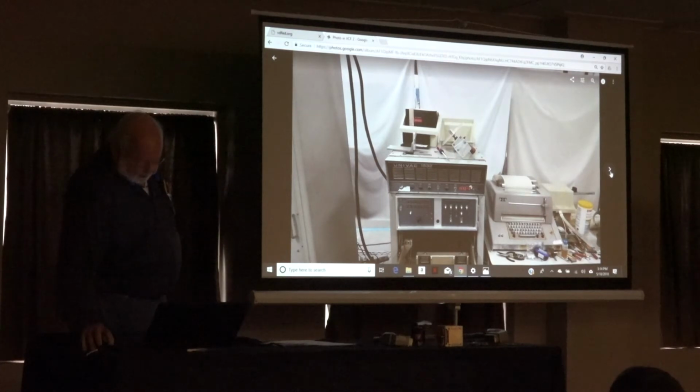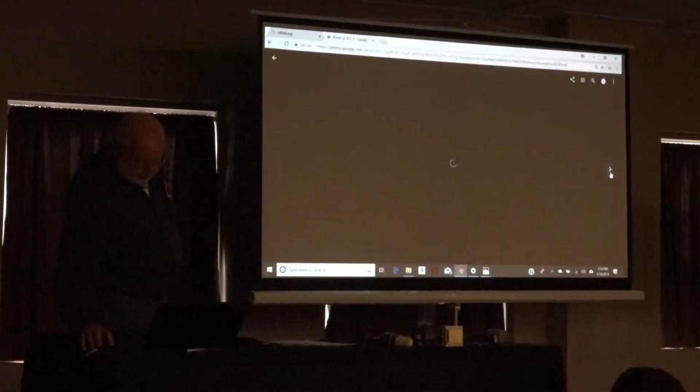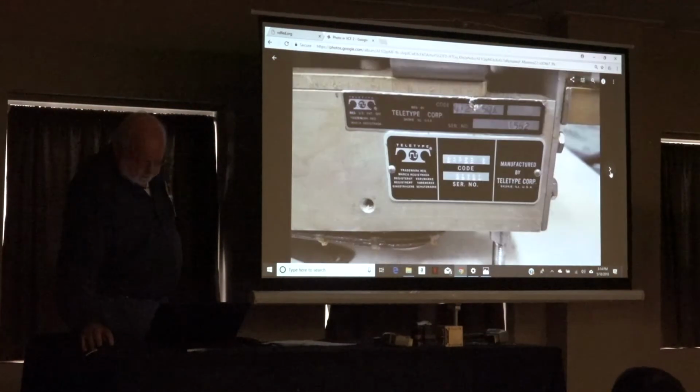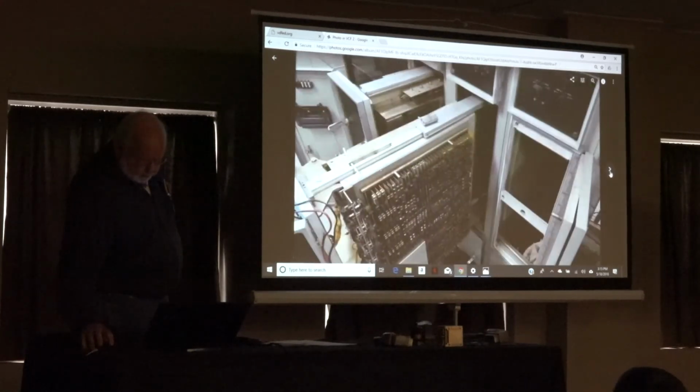See if I have to wrap it up. You see, we moved everything. We put the teletype on the desk instead of on top of the unit. I changed the punch to a different punch. You see where the tape rewinder's on the top left. Well, it turned out not to be good when we relocated the museum because